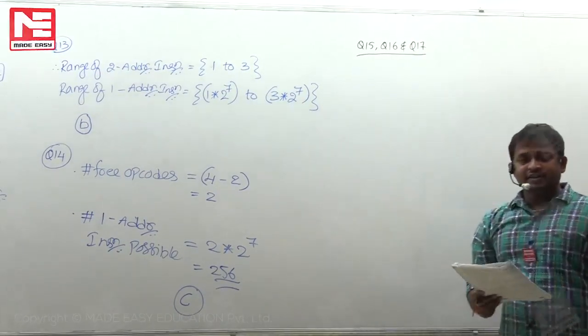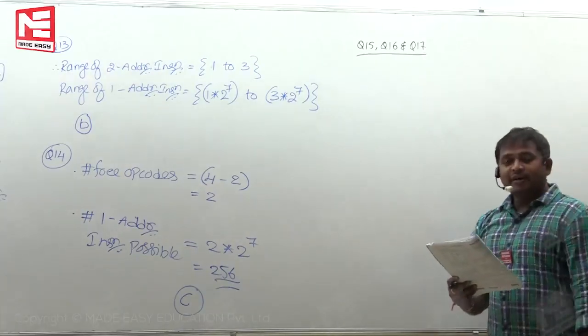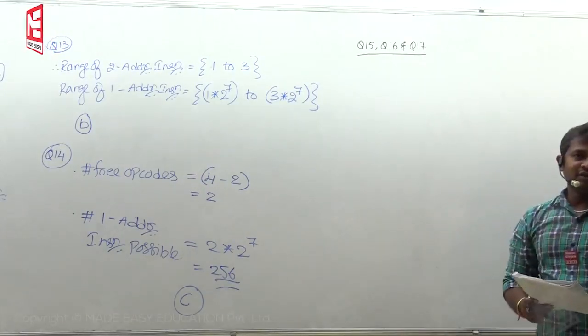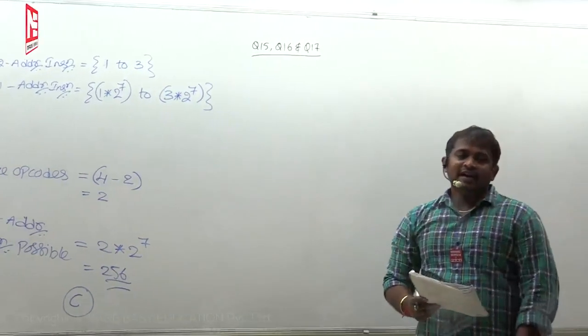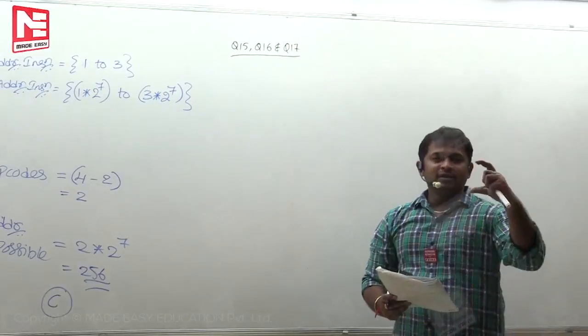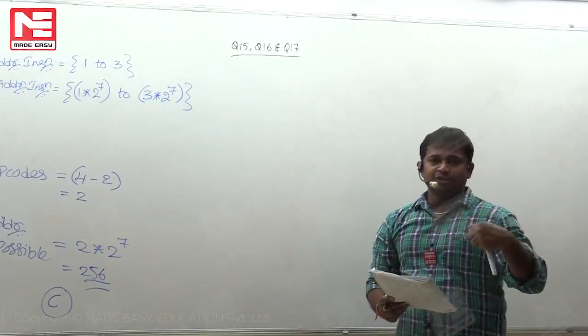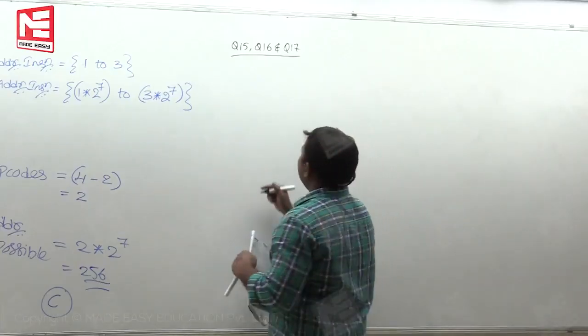Next question is 15, 16, 17. So common data linked questions. Common data linked means data is common. Link means there is a relation between the question to question. Fine. If you look at this question,